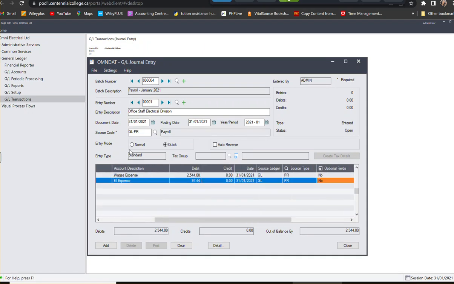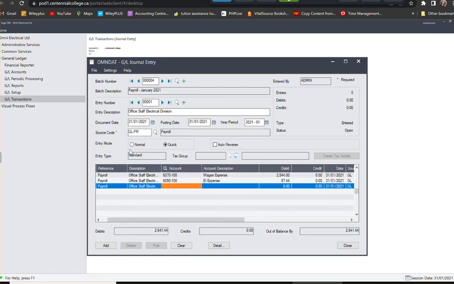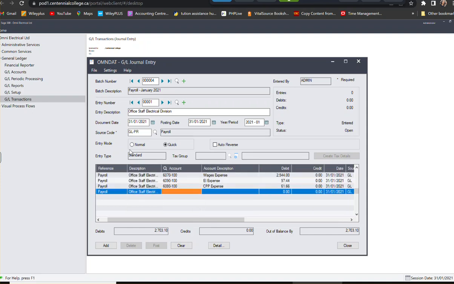Go to the next line. Again, you can also do a tab if you wanted to do it faster. Insert, not tab, insert 6080 100, and that is for you're paying for CPP, 61.66. Go forward, the 6100, and it's a 100 going forward. That's the taxes on